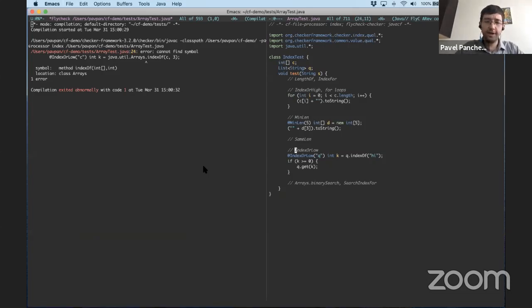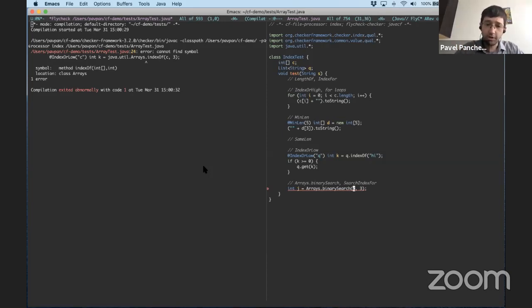So if you were sitting down to think about array indexing in general, you might not come up with this idea that index for or -1 is an important constraint to have. But it turns out to be a condition useful for analyzing a common pattern in Java libraries. And in fact, there's another common pattern that the checker framework index checker handles, and that is the idea that the binary search method has in Java.